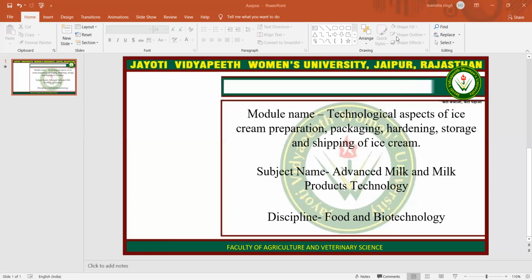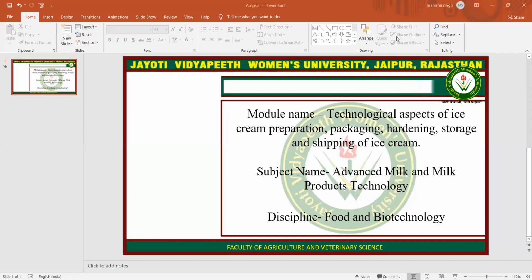Next is freezing the mix. Freezing of ice cream may be divided into two parts. In the first method, the ice cream mix is quickly frozen along with continuous agitation to incorporate air that results in the formation of small ice crystals. And when the ice cream is partially frozen, it is drawn from the freezer, packaged and quickly transferred to the cold storage room where the freezing and hardening processes continue without agitation.